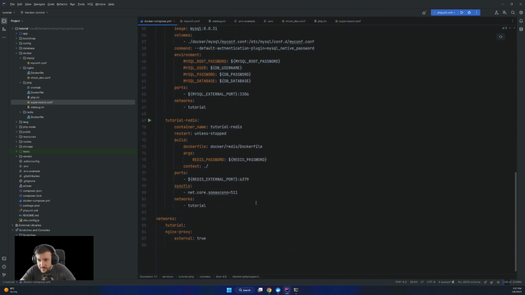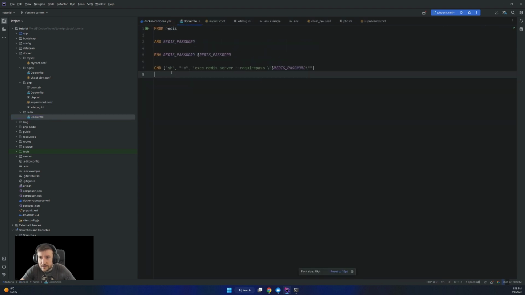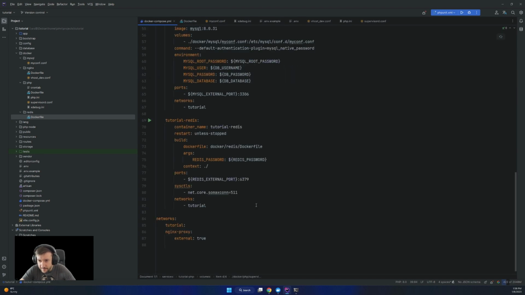And with Redis, the Docker Redis Dockerfile, so we have ch not found. I'm wondering why. Okay, we're going to figure it out in a second. Let's see if that starts. So we have external port, network, Docker, context.